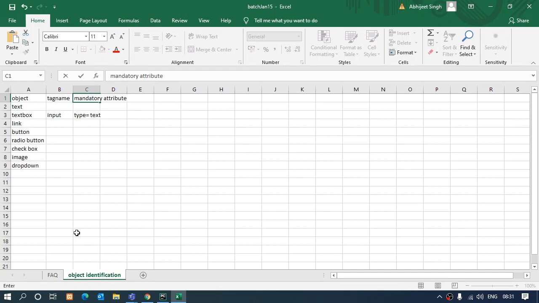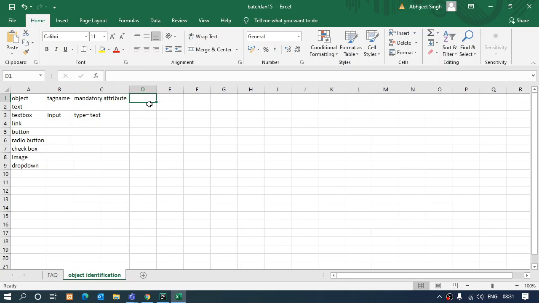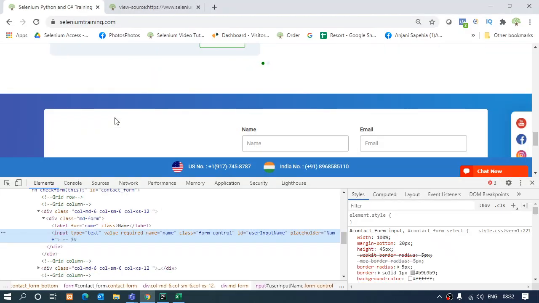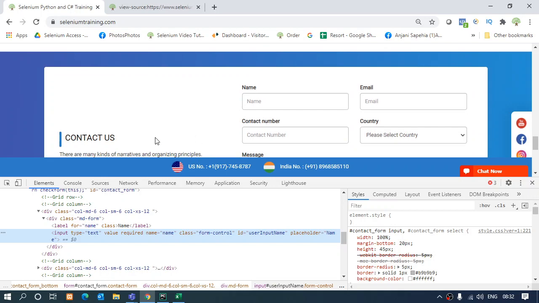Mandatory attribute, and we also have optional attributes as well. Optional attributes we will continue once we are done with the mandatory attributes. At that time we will see, because optional attributes are the same for all the objects. They can have 0 or more, 0 or all the optional attributes. For that we'll come in some time, not right now. This is how I can identify a text box on the web page. If it has the input tag and the type attribute, then it's a text box. I will send some data.